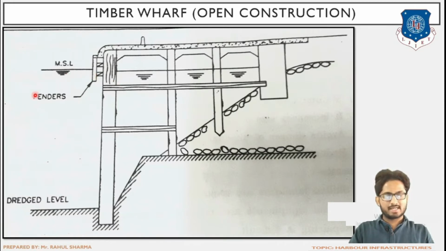Now the fenders can be of two types, that is rubber fender or wooden fender, but basically its function is the shock absorption. So whenever the ship which is to be unloaded, as we know, it has to be given accommodation first. So first of all the ship will enter, it will be given the berthing or space or accommodation. Then it will be tied up, that is anchorage will be provided to the ship. Anchorage means to tie up the ship.